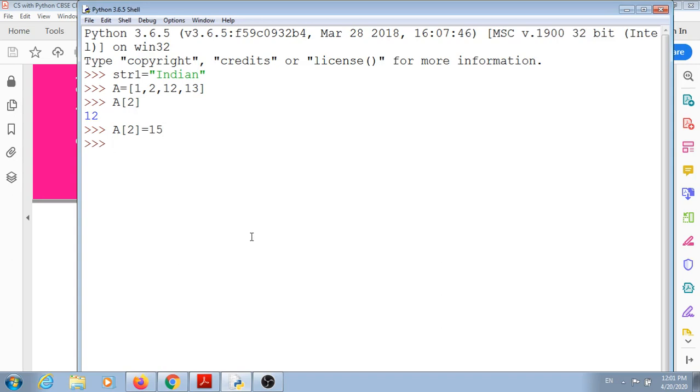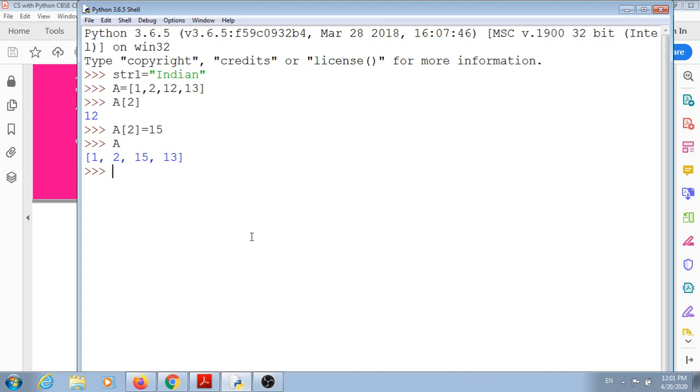Earlier it was 12, now the list element will be changed and the second element will be 15. 0th element will be 1, first element will be 2, and second element will be 15. It is replaced or changed, so it is mutable.